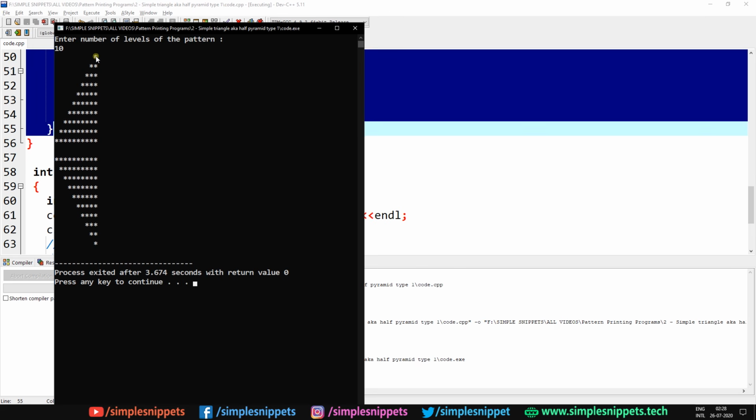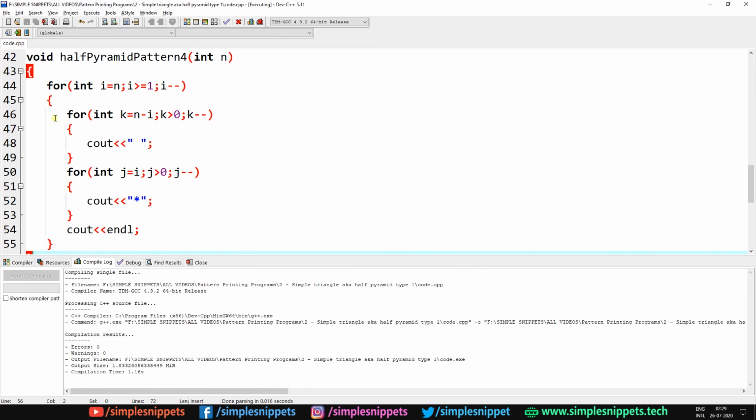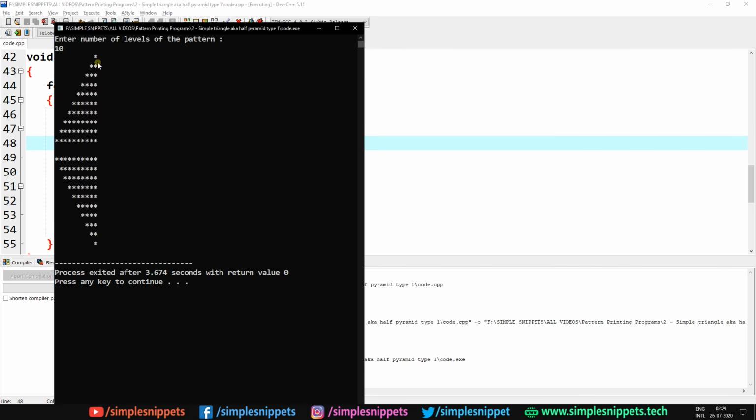So for pattern 3, we start from 1 star and we go till 10 stars. And similarly, the spaces are being added over here. For pattern 4, again, we'll start from 10 stars and go till 1 star. Along with that, spaces are added on the left hand side. So this spacing being added on the left hand side was the reason we required this extra for loop. This is that extra for loop which adds that space first onto the command prompt over here, and then you print the star.